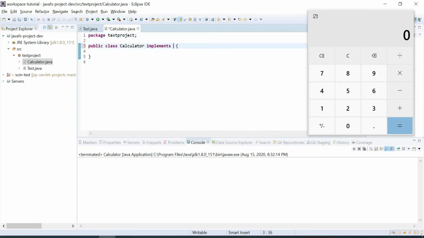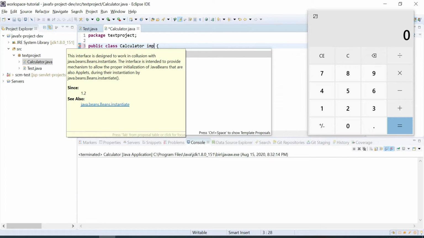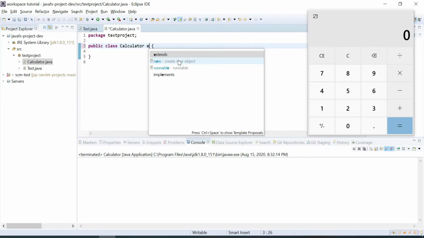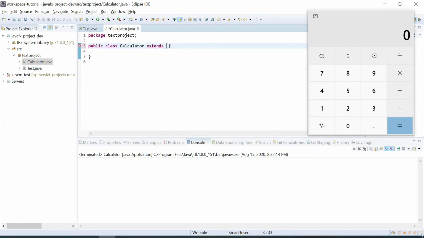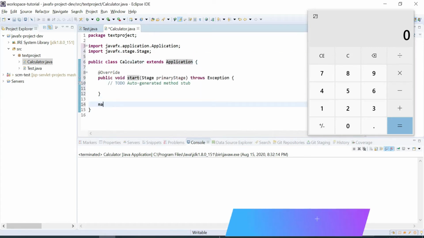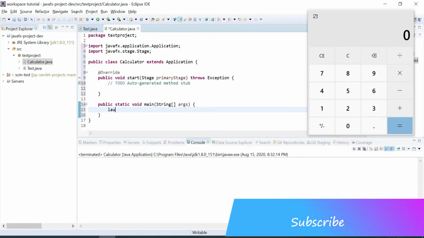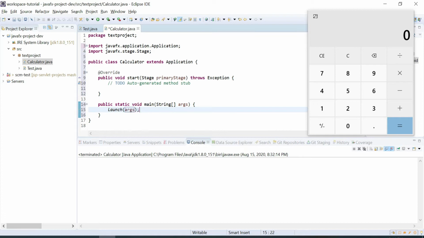So we know that we have the different panels. Sorry, we need to extend the Application class. Implement the unimplemented method here. Then invoke the init method of the Application class by the launch. Then